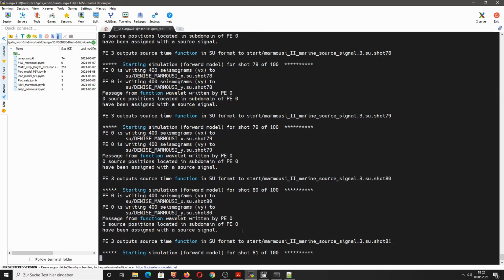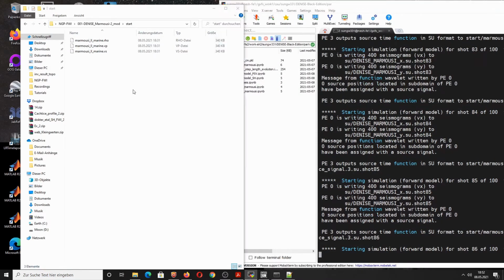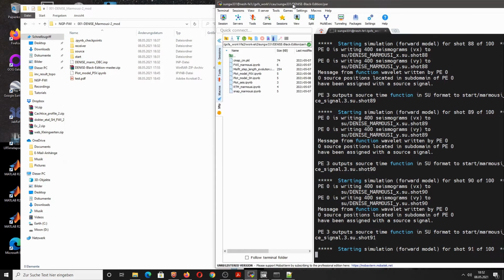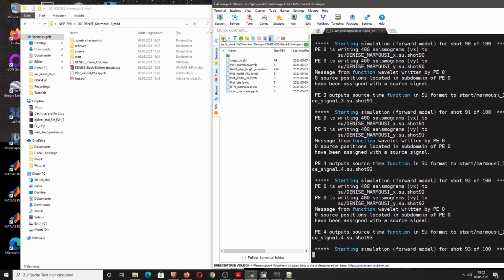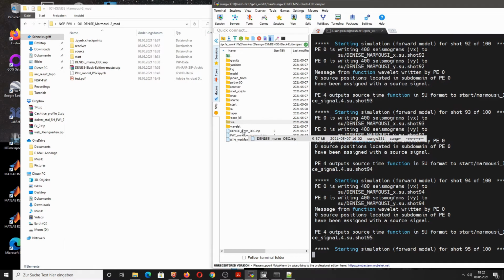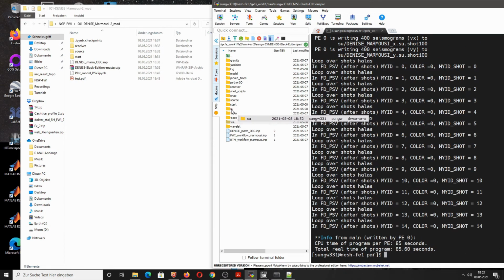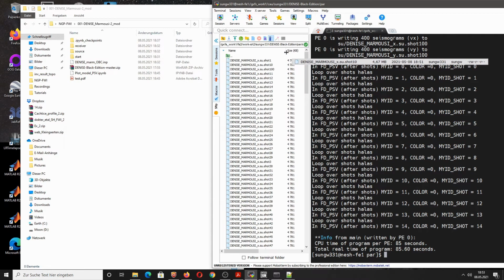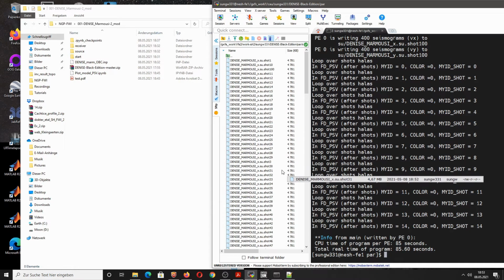While this is running, let's take a look at the seismograms. And the seismograms are actually stored in the SU folder. So if we're going here back to the par directory, you see we have here a folder called SU, which stands for Seismic Unix, because the data is exported in the Seismic Unix format.